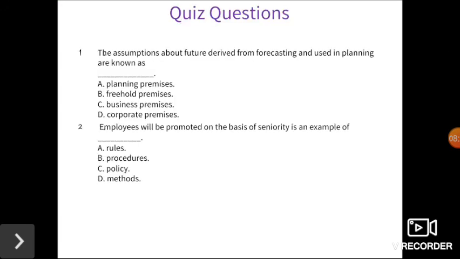Next one, quiz questions for those who are listening. The assumptions about the future derived from forecasting and used in planning are known as what? We have four options: planning premises, freehold premises, business premises, and corporation premises. Just think about it and answer it. Then the second one: employees will be promoted on the basis of seniority is an example of what? The four options are